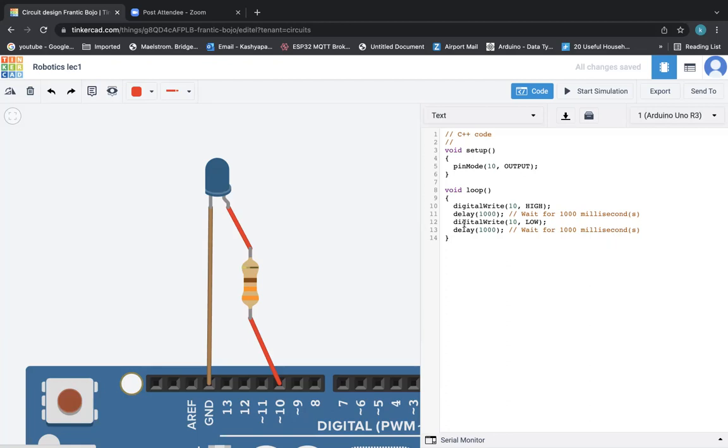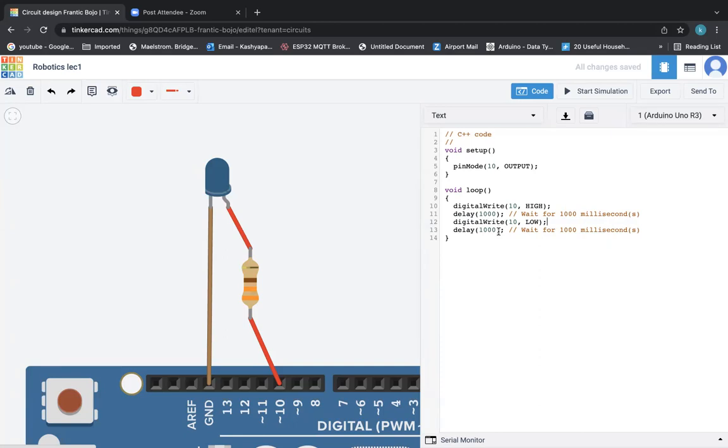And then digital write again, the same command, pin number 10, the same pin, low. Now what's happening here? Low means provide 0 volts, or just do nothing. So 0 volts means the LED stops lighting up, and then wait for another second, right?